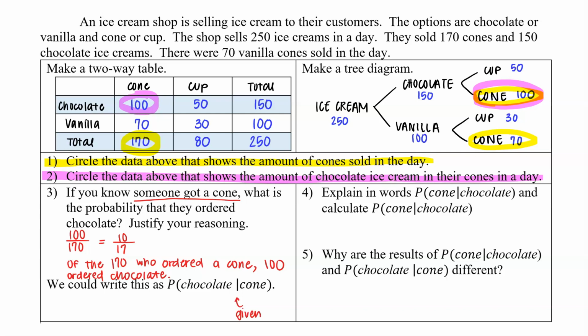4. Explain in words the probability of cone given chocolate and calculate that probability. The given condition, or the event that has already occurred, is that this person had ordered chocolate ice cream. Of the 150 people who ordered chocolate ice cream, the probability that the person got it on a cone would be 100 out of 150, which is 2/3. In words, it would be